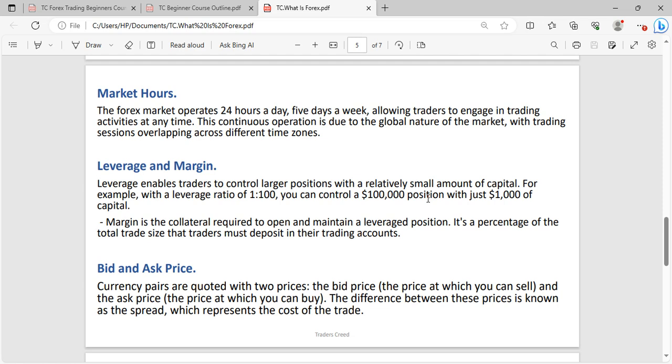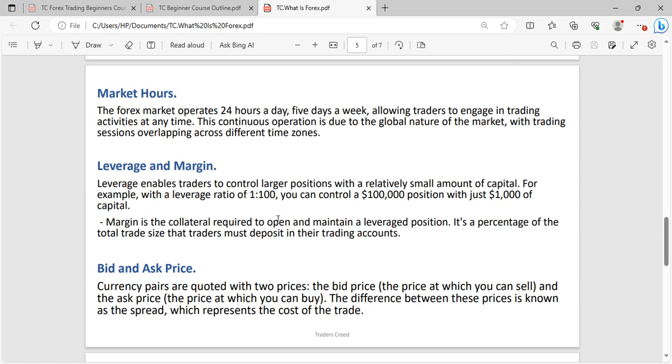But just understand that the more leverage you use, if the trade should go against you, just as you can make that much money, you can also lose that much. So you should mind to have a comfortable leverage. That's why they tell you do not over leverage, because the more you leverage, the higher the risk.